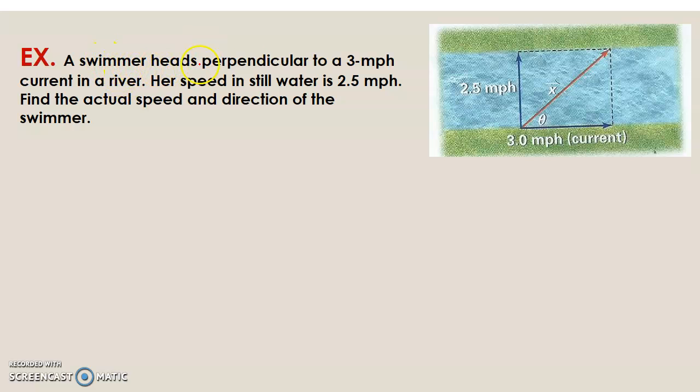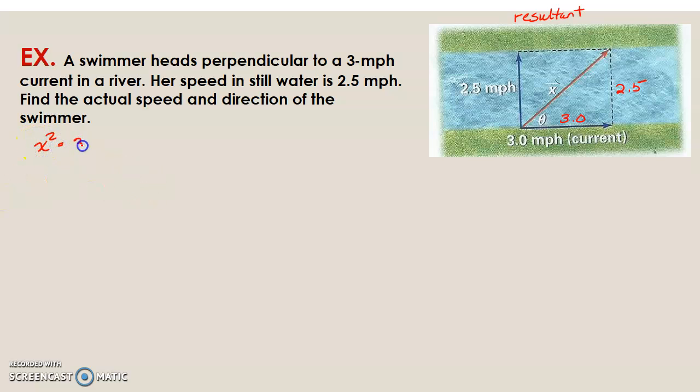Another example. A swimmer heads perpendicular to a 3 mile per hour current in the river. Her speed in still water is 2.5 miles per hour. Find the actual speed and direction of the swimmer. So here is what's called the resultant between the two. And we are going to do exactly like we did before. This is 2.5 here and 3.0 here. And to find that x